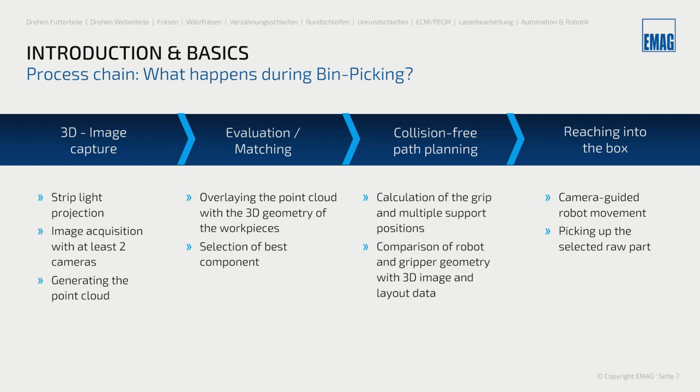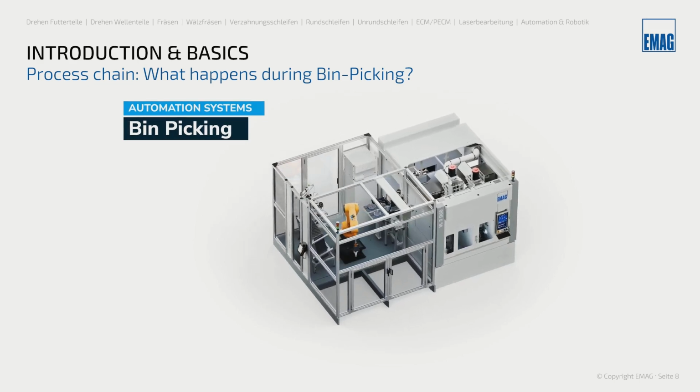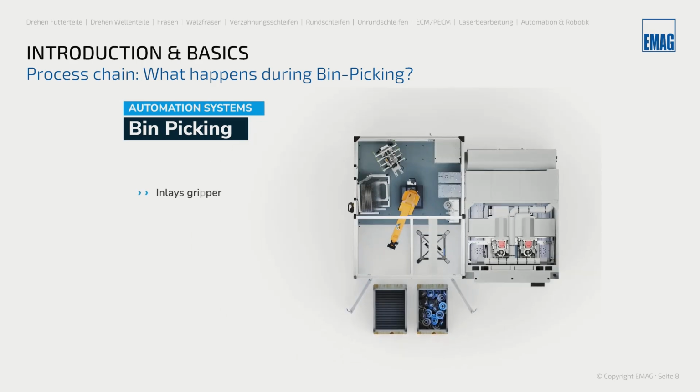And with those 4 steps, we picked up our first part. So now we have a little animation for you where we can see a VL3 Duo machine flanged to a bin picking automation cell. Here we can see we have an inlay gripper, we have obviously the shuttles for the machine for loading raw parts, taking up the finished parts, the robot itself, part storage if needed so, the bin picking camera as a heart of the whole system, and 2 boxes for feeding in raw parts and bringing out